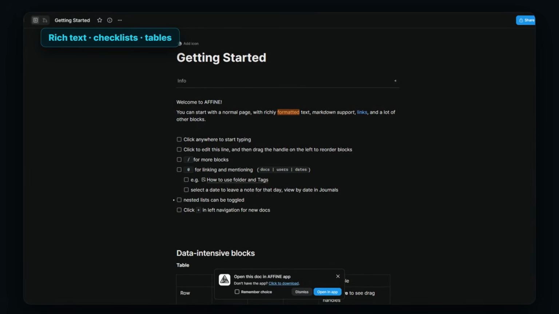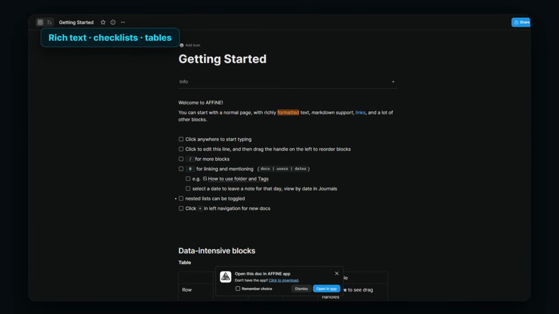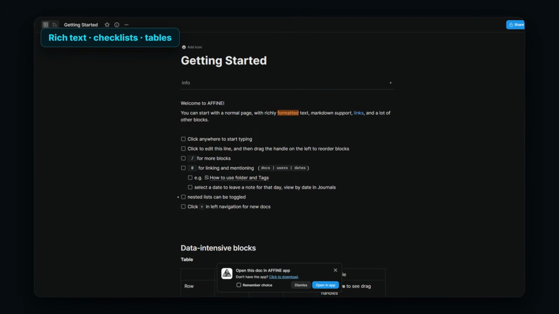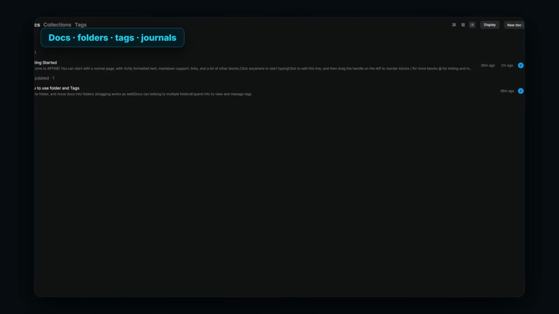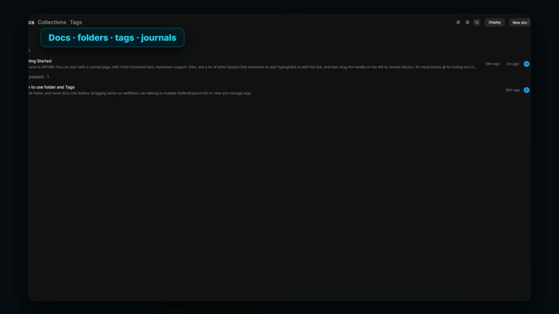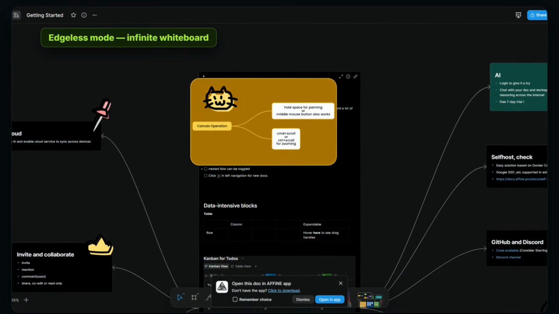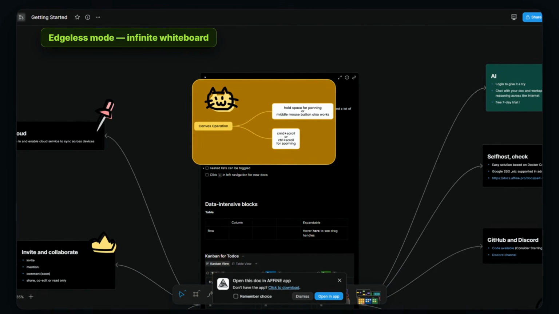Let's look inside. This is the default workspace: rich text, checklists, tables, all supported out of the box. Docs are organized here on the left: folders, tags, and a dedicated journals view. If you want a daily note habit like Notion's calendar view. But here's the feature that actually sets AFFiNE apart,